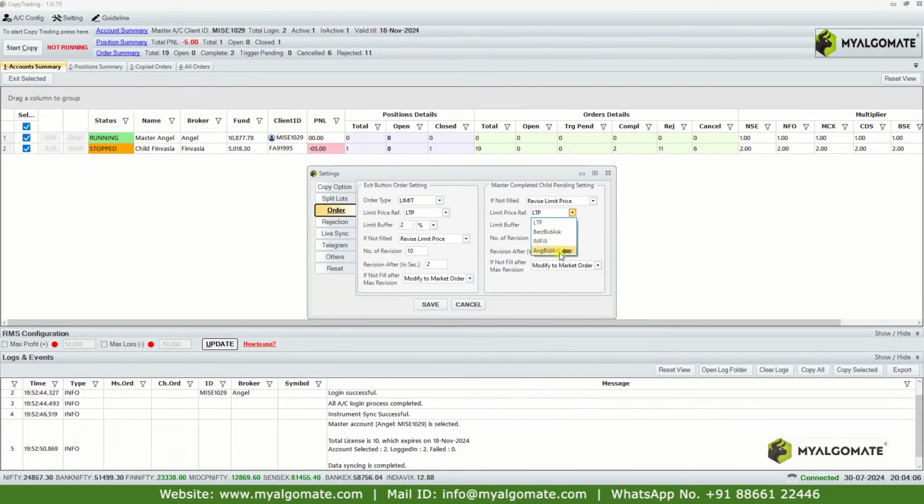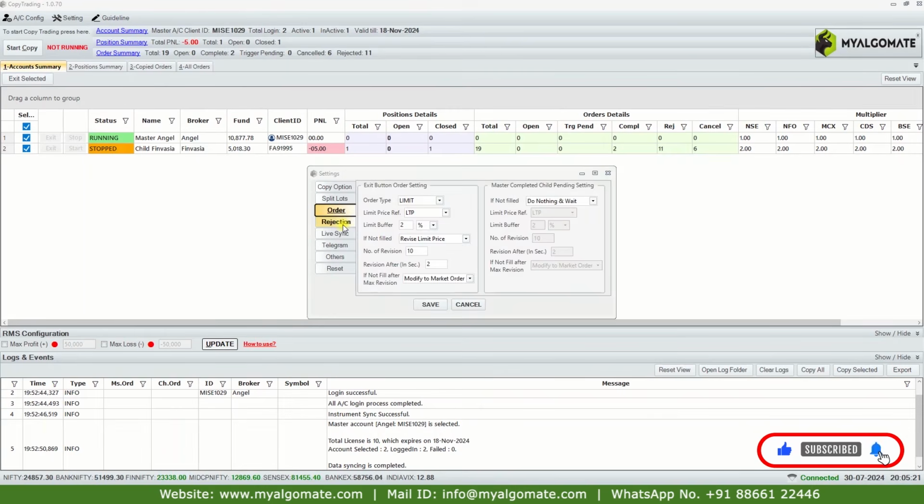In average bid ask, your limit order will be calculated using the average price plus buffer. You can select the limit, the buffer you want to keep in percentage or points. Also, define the number of revisions and intervals in seconds. In case the order is not filled even after all the order revisions are done, you can also define what to do after all retries. The third option is to do nothing and wait. The software will just wait for the order to be filled and will not do any order modifications. You should use this with caution.